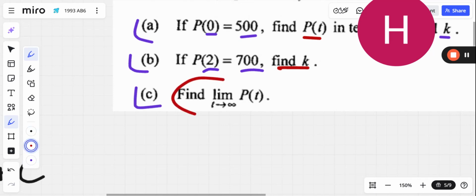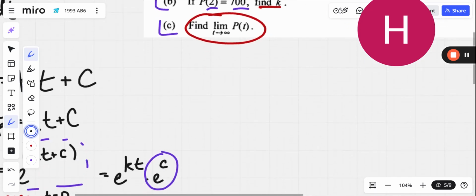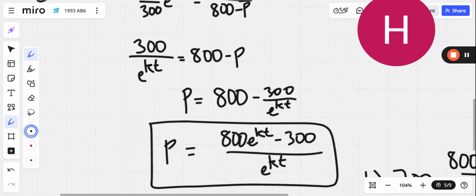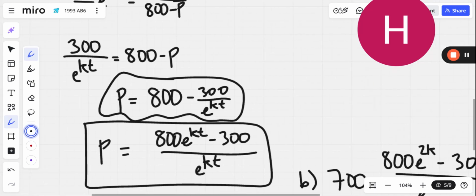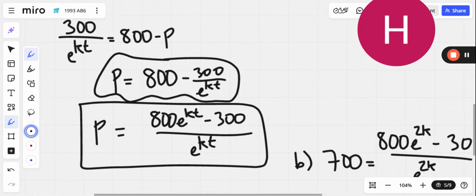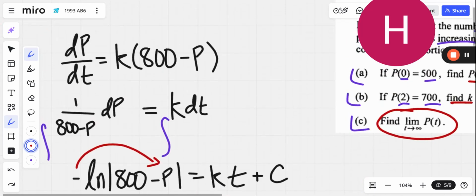Find the limit, and if you got a different expression for p of t as t goes to infinity, this might be easier or it might seem more difficult. If you used this expression for p of t, which is fine, this limit does seem pretty easy. We know that as t gets really big, this just goes to 0, so obviously that limit is 800. But we should have suspected that it's somewhere around 800, or at least that something funky happens at 800, because